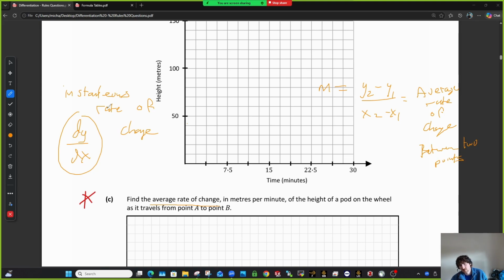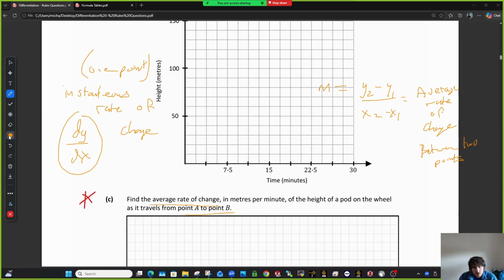Whereas an instantaneous rate of change, this should be a hint. If it's instantaneous, it means it's at one instant. So that's kind of like at one point. Okay. So it wants the average rate of change of the height of the pod as that goes from A